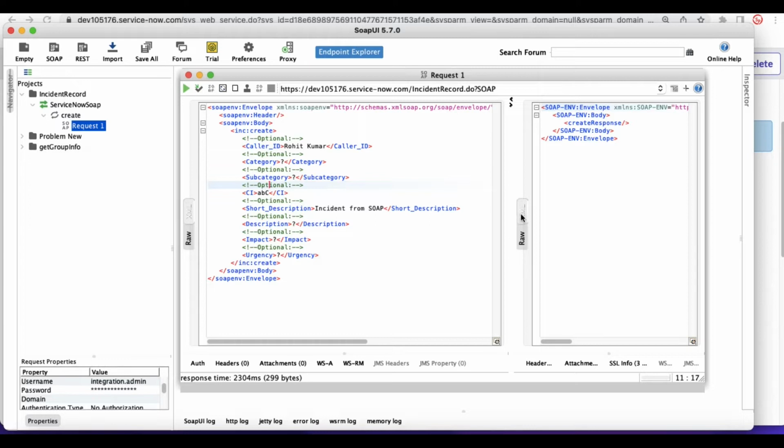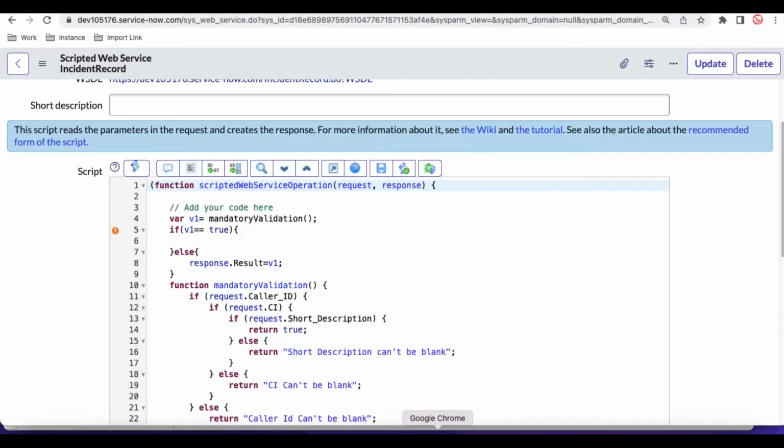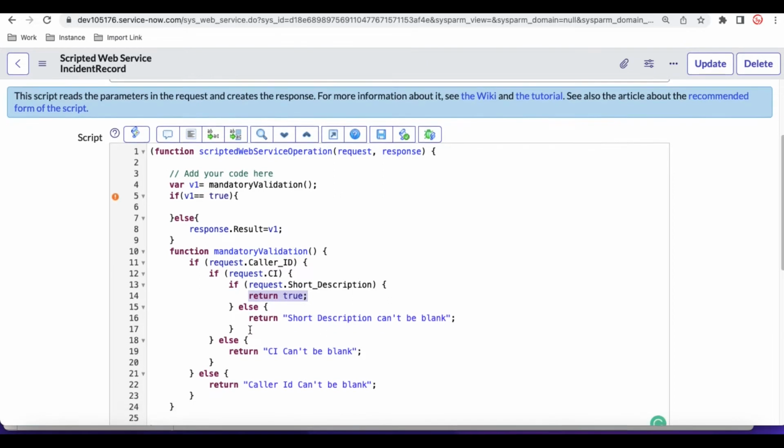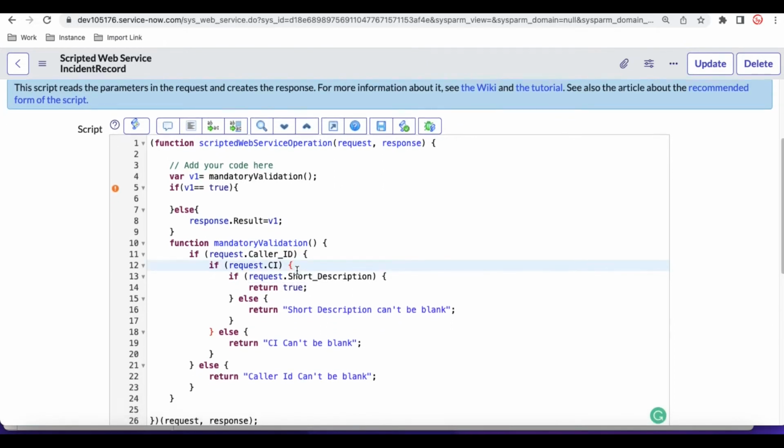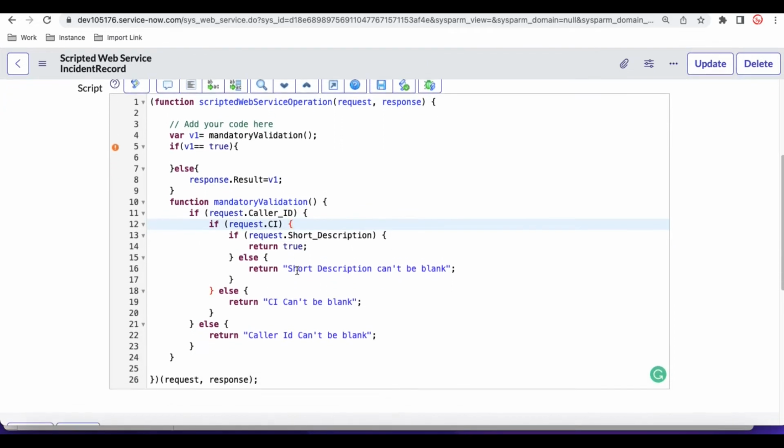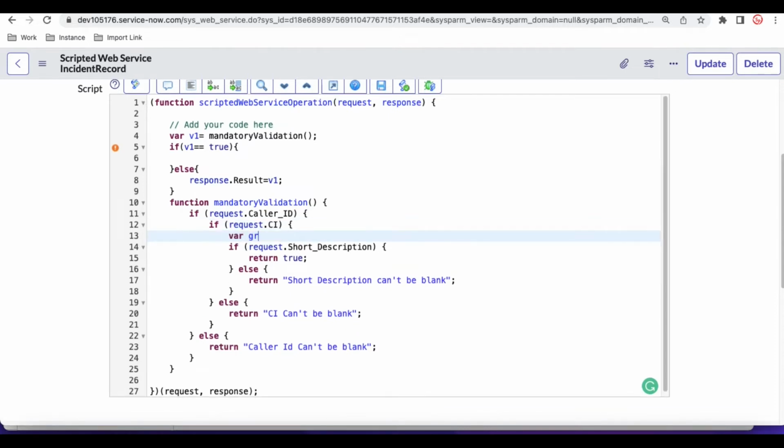So right now you can see if I pass that, nothing is going to happen. So we have to do one more validation call. Once we got the CI, this CI has to be validated in a proper way. So what I'll do, I will query that grci equal to new GlideRecord,